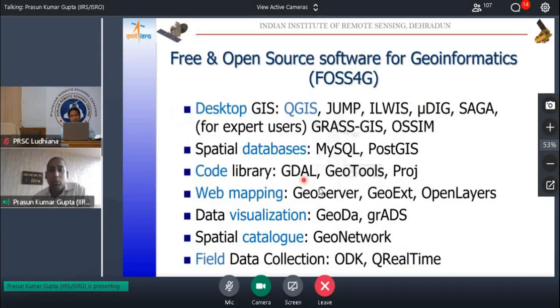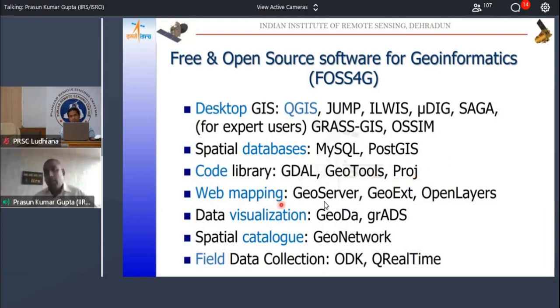If you are into coding, programming, you must know GDAL, GeoTools, Proj. These are different libraries. If you want to make a web map, like something like Google Maps and all those websites that you see, which put maps in your browser, then you have to learn these softwares, GeoServer,